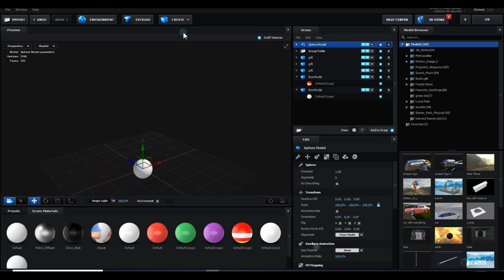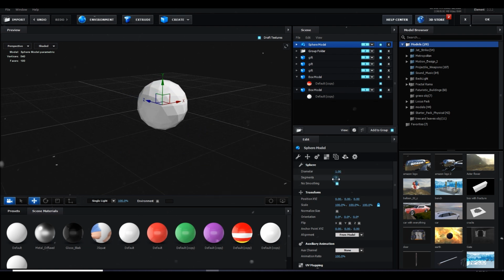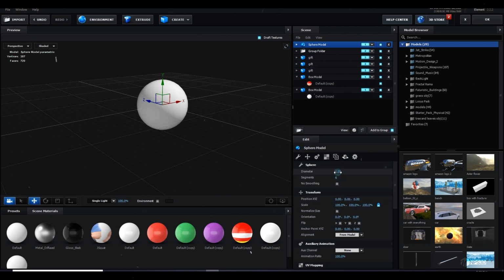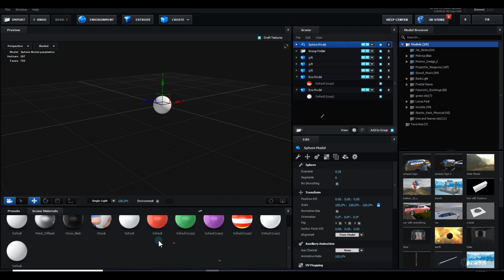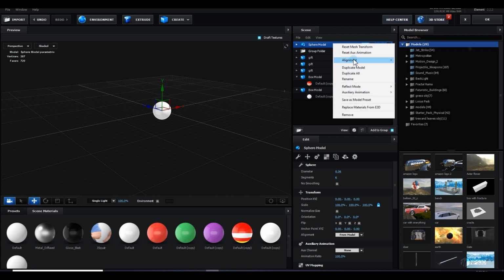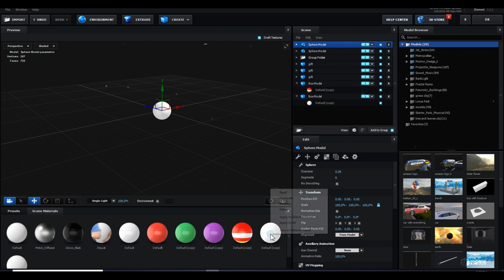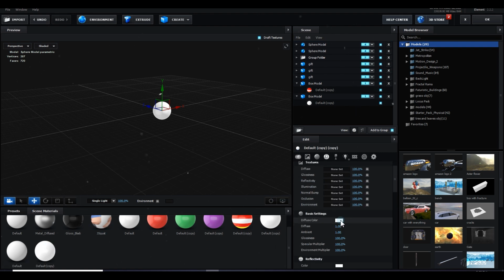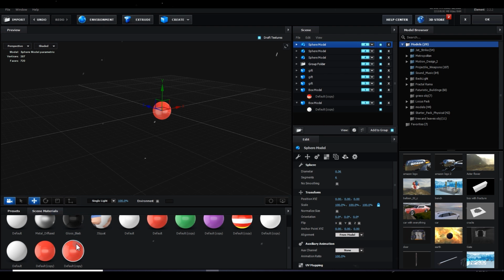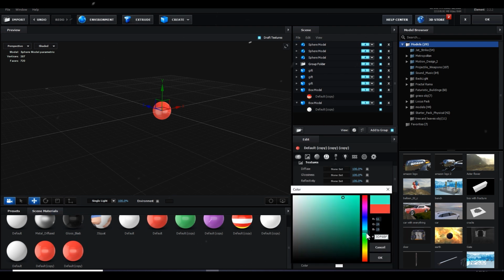One more thing, you can just create a new sphere and you can also bring down the segments, like this way, or make it no smoothing. With optimize mesh checked on, you can just bring down the dimension and make it in a group 4. And you can just apply the same white material to this one. You can just duplicate this white material, and I can just make it red and apply this one. I can also again duplicate the sphere and duplicate this material and make it green, purple, whatever,